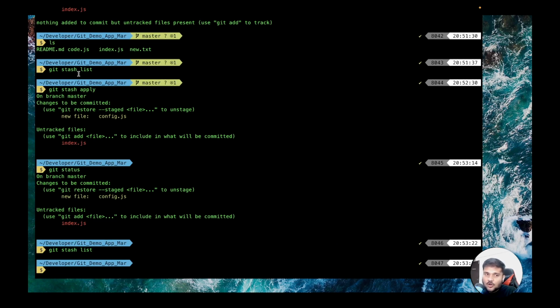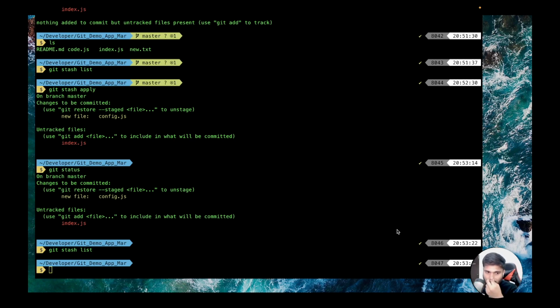If you want to bring back all of the changes from the locker, you can do git stash apply. The git stash apply command is going to apply the last stash that you saved. If there are multiple stashes, the last stash that you saved is going to be applied here, right? And you can have multiple versions of the stashes. I'll show you how you can do that. But I believe the basic meaning of stashing a particular piece of code is clear to everyone.